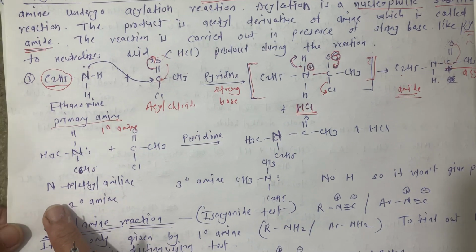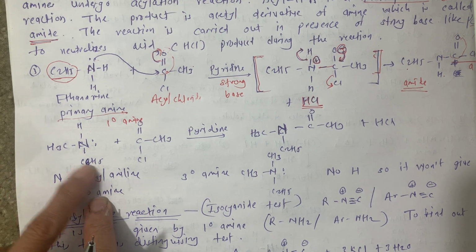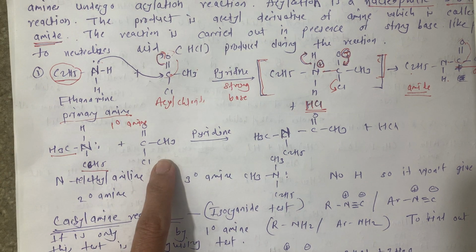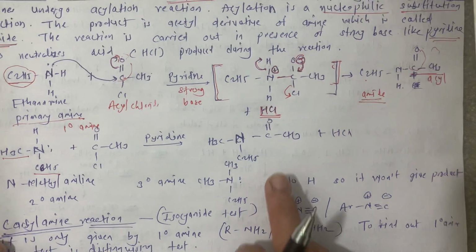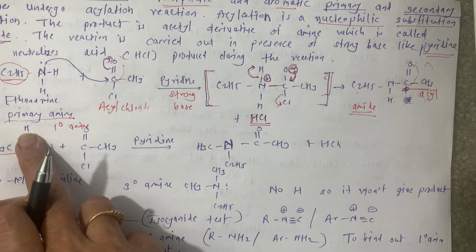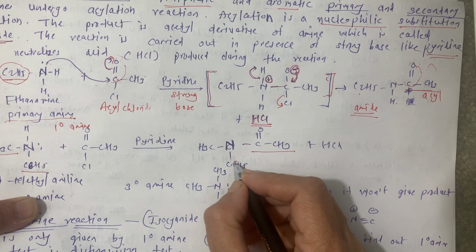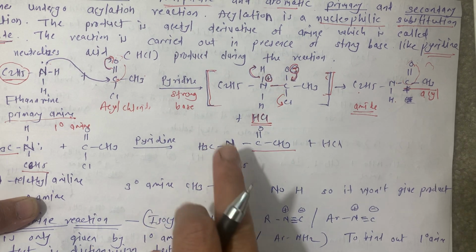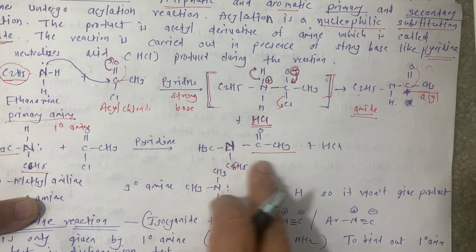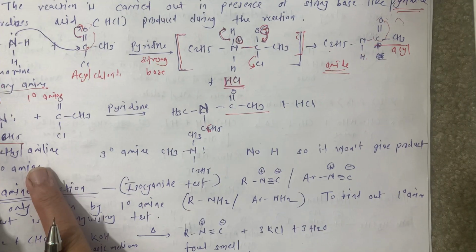Now we can take the example of a secondary amine also. What is here? Two alkyl groups. This is a methyl group while this one is the phenyl group, and here the acyl chloride is going to react. It is not necessary to write the intermediate; you can just substitute one H by COCH3 and the remaining things are as they are, that is N-methyl N-phenyl with the acyl group over here. So this is our amide plus HCl, from the secondary amine.